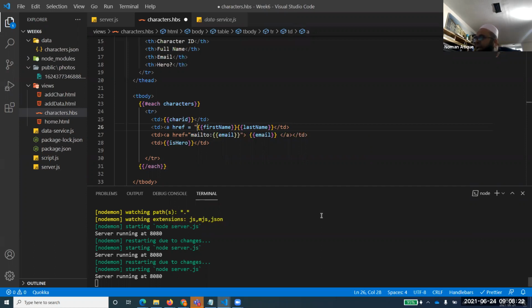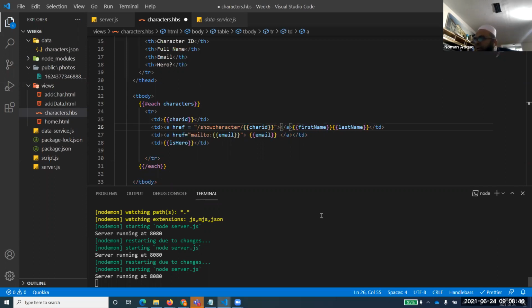Let's suppose I will create another HBS and call it show character. I'm opening up a path, show character, and here I am giving, interestingly, char ID. So I will pass the char ID to that.